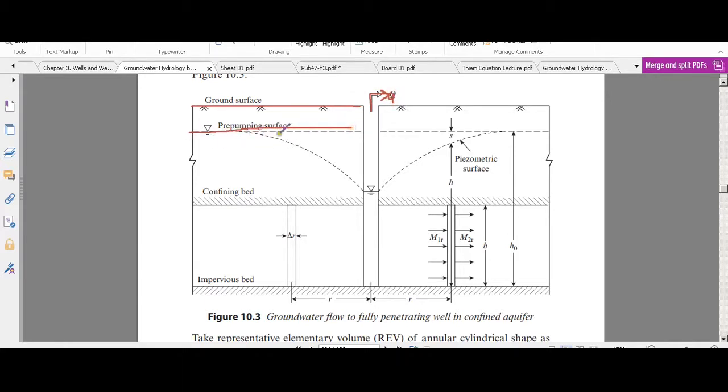That means the surface before pumping, right? Because when you are going to pump out water, that level will reduce. So that reduction, the variation of the pre-pumping surface, or, you can't say the variation, but anyhow, the pre-pumping surface is the original surface before pumping. So when you pump out water, that level will reduce. So you can simply sketch that variation like this.